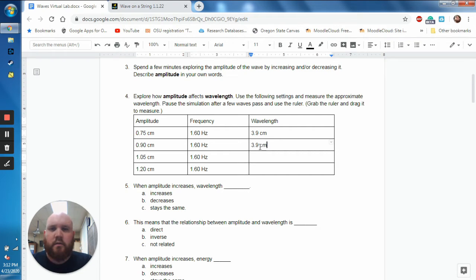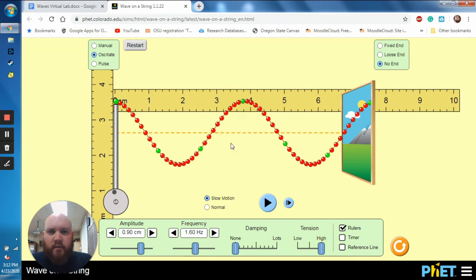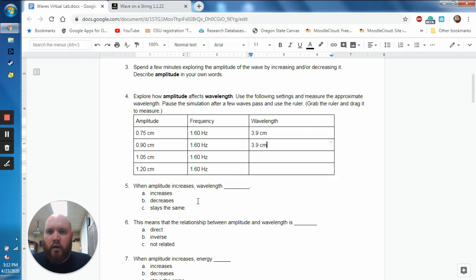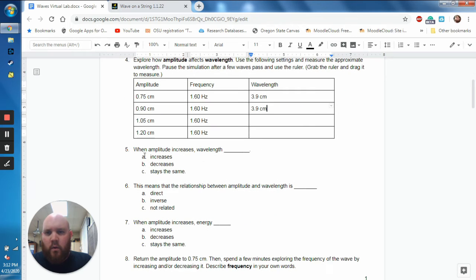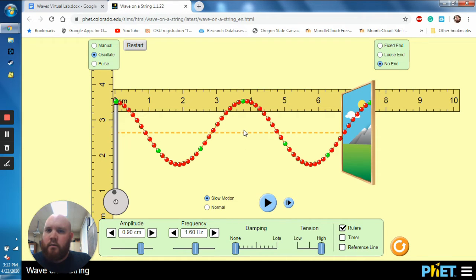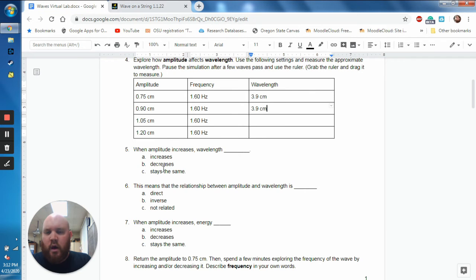3.9 centimeters. Okay, so I'll let you do the rest of these. All right, we'll keep moving on. So when amplitude increases, we're looking at a difference in wavelength. What happens to the wavelength? Okay, so I'll let you finish working through this, and I want you to think about,